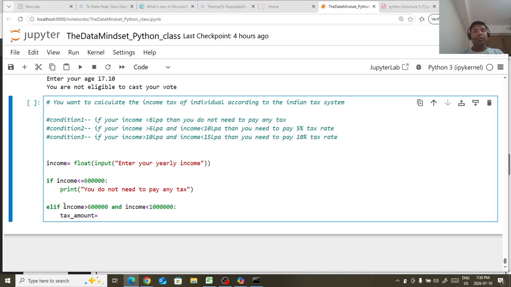Let's say if a person has an income of 8 lakhs, how much is he eligible to pay in tax? In the first 6 lakhs they do not have to pay any tax. So 8 minus 6 is 2. So the person has to pay tax only on 2 lakhs, right? So here we can write tax amount is